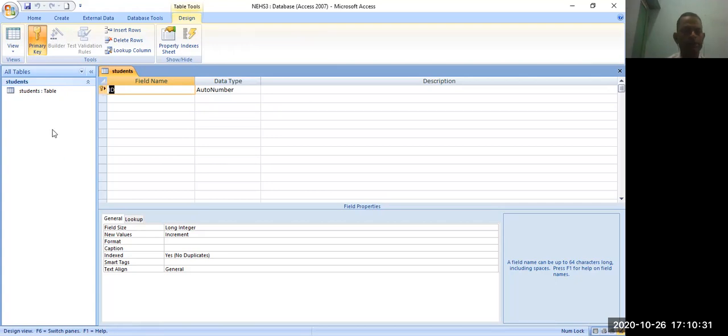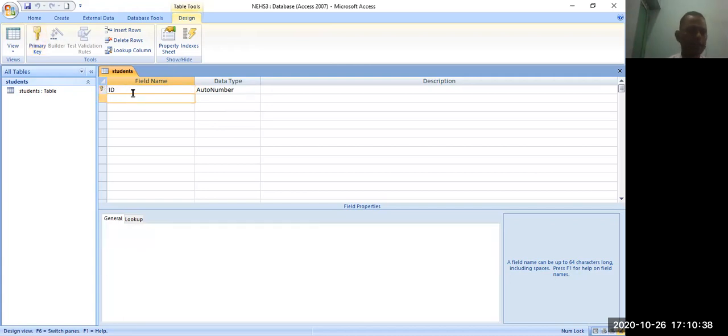Now we are able to create the student table, and we just need to enter the field names. The field name ID is here an auto number. Auto number means you don't need to enter the number; it automatically takes values one by one, for example 1, 2, 3.